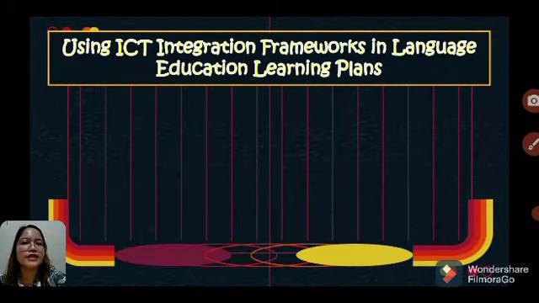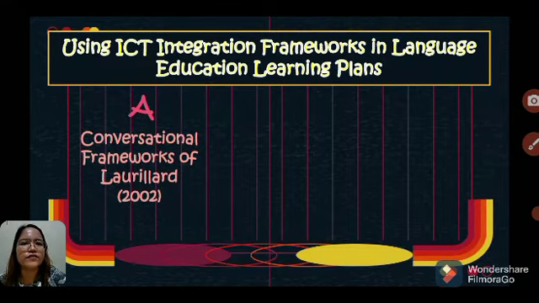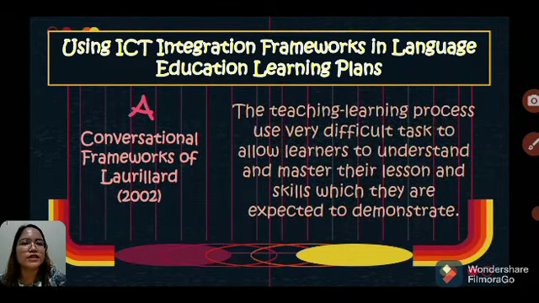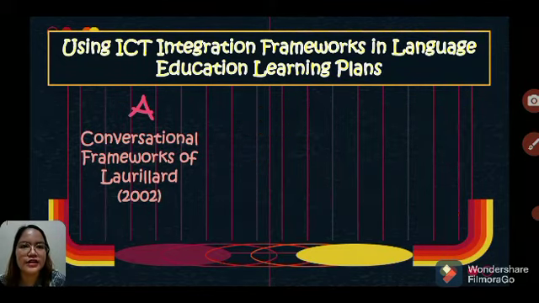So using ICT integration framework in language education learning plans, first is the conversational framework of Laurillard 2002. The teaching learning process uses very difficult tasks to allow learners to understand and master their lessons and skills which they are expected to demonstrate.